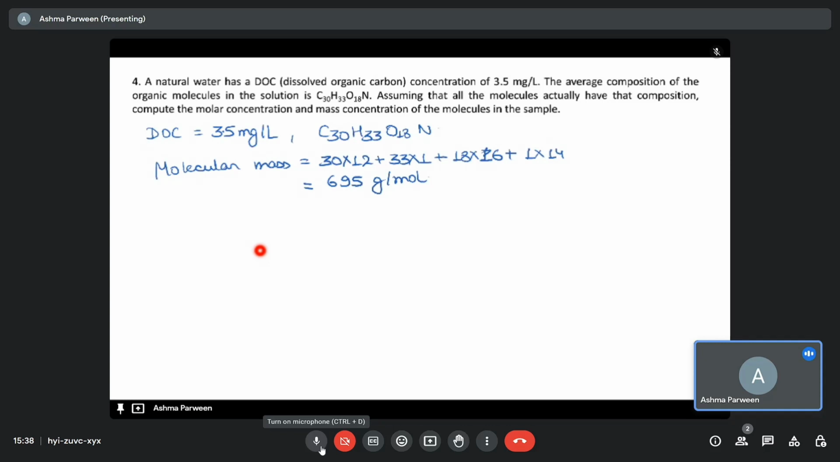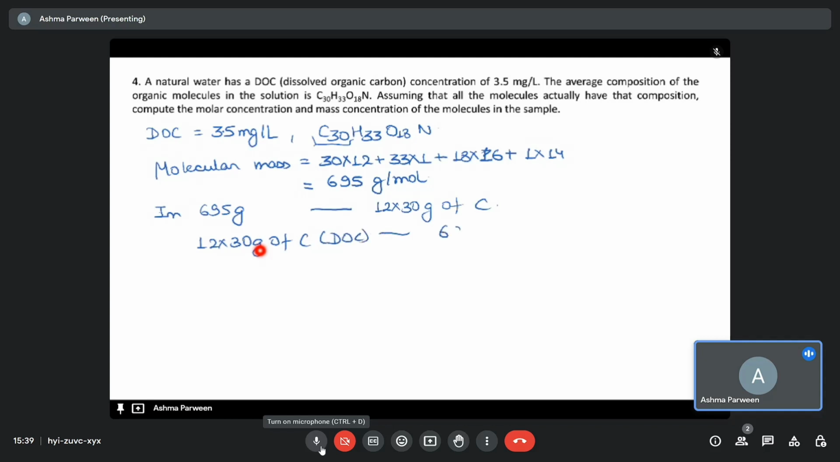Now we can solve this question simply by unitary method. So we know that from this molecular formula, in one molecule there are 30 carbon atoms. So in 1 mole there are 30 moles of carbon atoms, that is, in 695 grams we have 12 into 30 grams of carbon. So we can reverse this statement. For 12 into 30 grams of carbon, or we should write dissolved organic carbon,